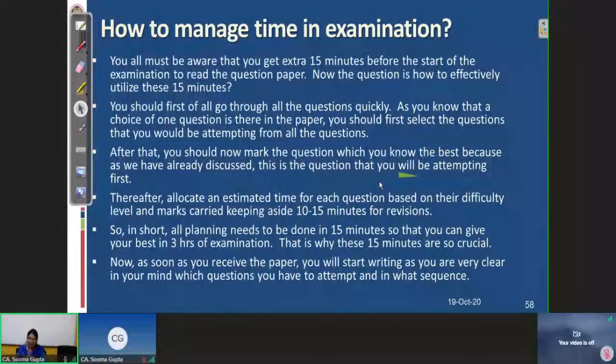So second step, you can attempt that particular mock test again. The questions where you were lacking, where you were finding difficulty, try to attempt those questions again. So mainly we have all understood that the secret of passing the examination is only hard work, more and more practice, determination, strong willpower, and dedication.